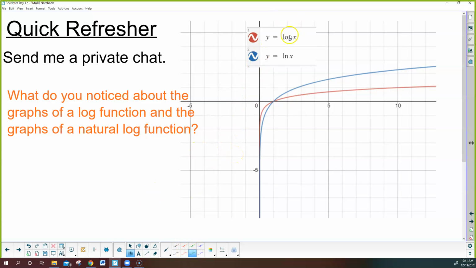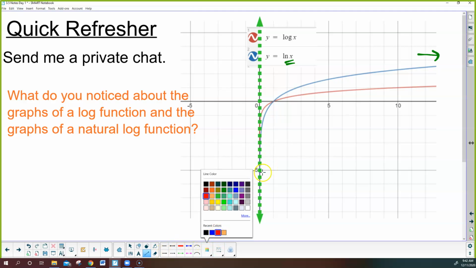The log and the natural log are very similar features. The only difference is the natural log grows faster, and you can tell because it has higher outputs than the log. So the log is a slower growing function, but notice as we go to the right, they're both going to be going up towards positive infinity. So their outputs are going to keep growing and growing forever. But the big thing was what Jade mentioned. And I think that's a very important concept that we need to take in here: notice they will never cross the